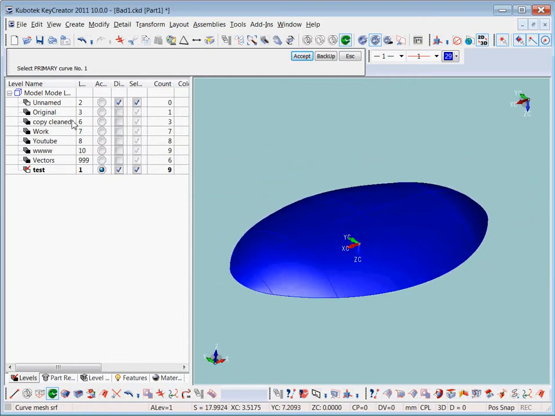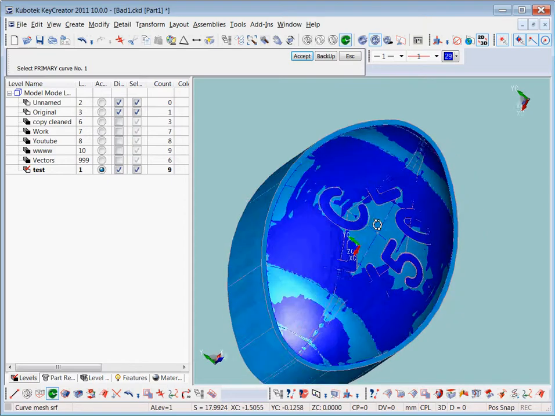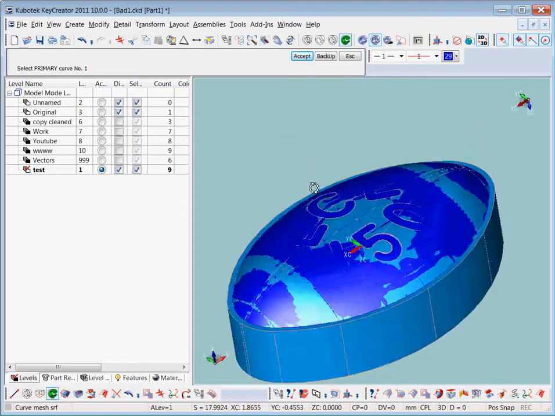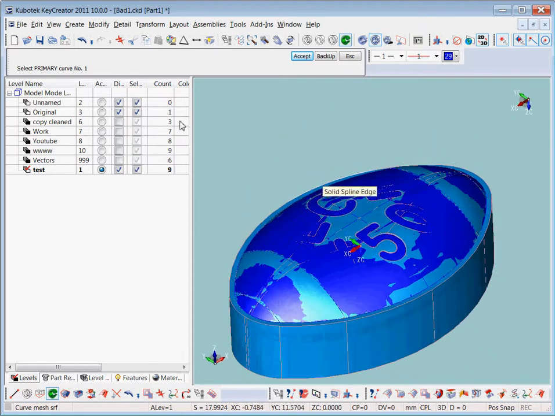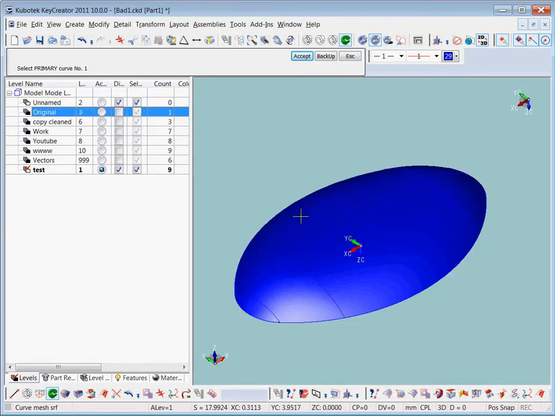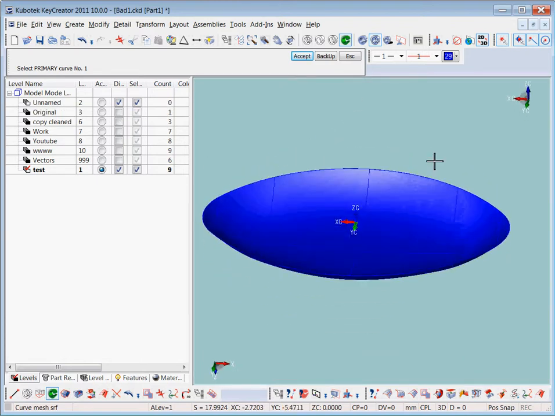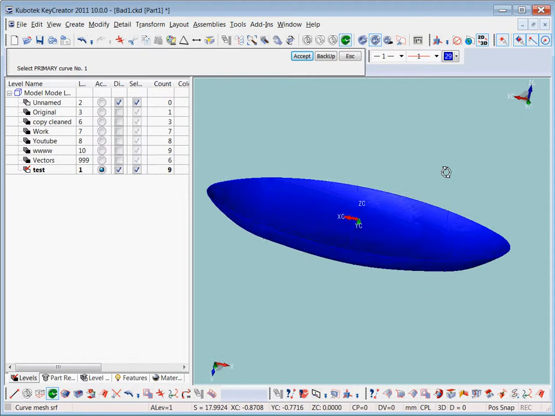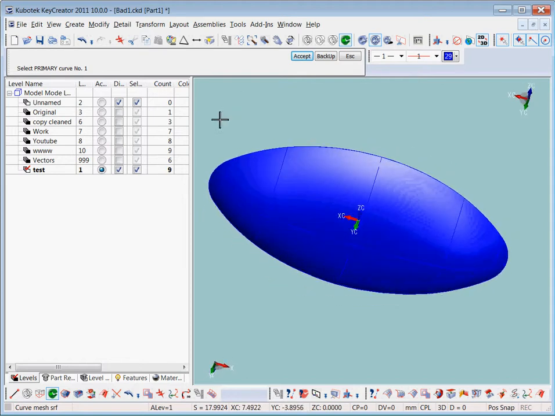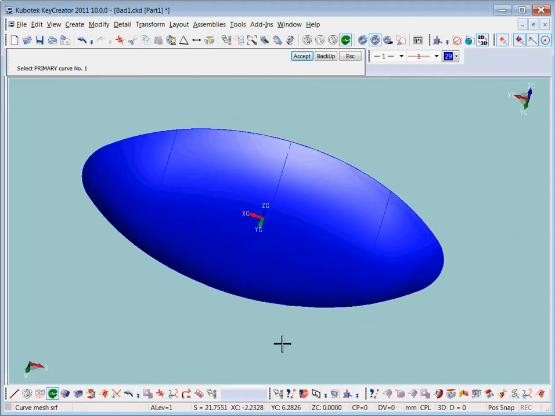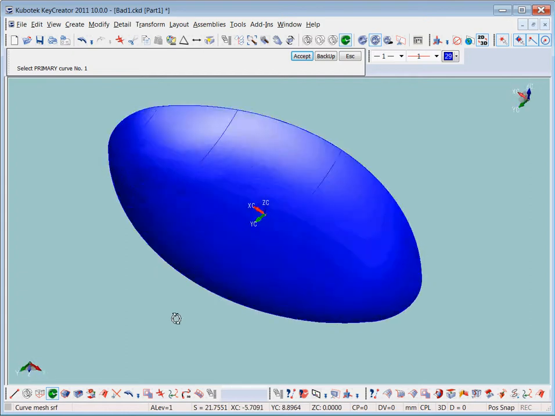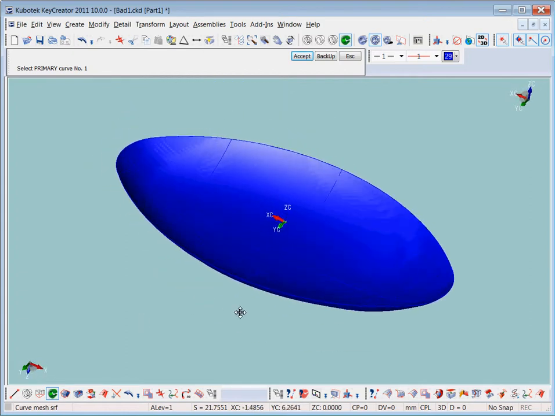So let's just put the original back. And you can see by the shading it's pretty close to the original. Take off the original. Now obviously that is a hollow. I don't know how well you can see that on the actual video, but that's a hollow thing. So we need to cap that off and make it solid. Well, how do we do that? Well, we use the